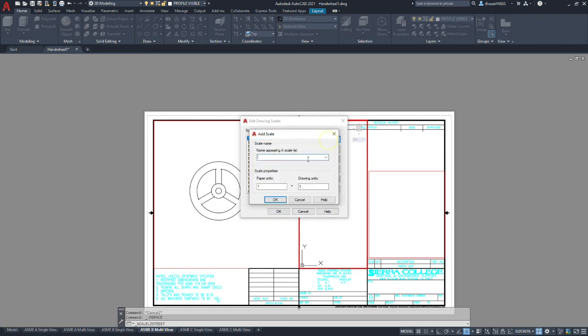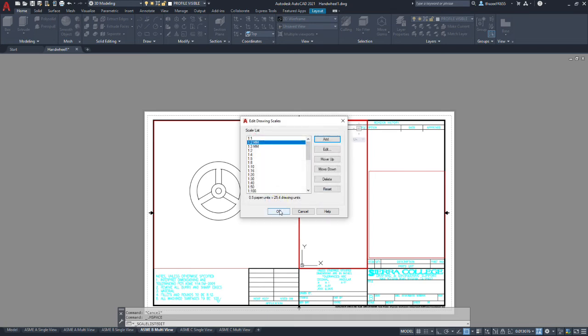And we're going to add, and we're going to do 1 to 2 mm. Which would be half a page unit to 25.4. Okay.